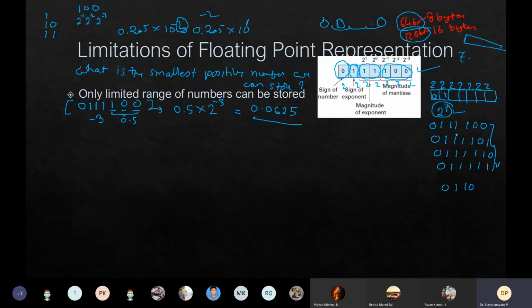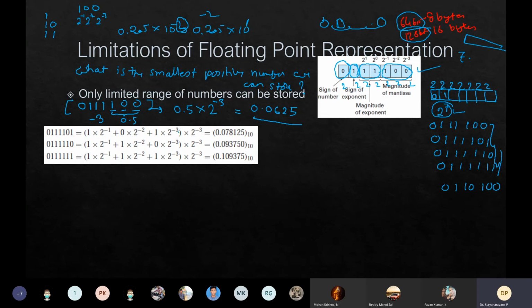We started with the maximum magnitude mantissa, negative sign. Then the next maximum mantissa, negative sign. And again, we reset the mantissa to the least possible mantissa. And again, the same cycle repeats. You'll see that for each of those cases. I told you the next number is going to be this; this is the first number. The next number is going to be this. And if you do the calculation like I have done, that number is this. And the number after that is this, and that number is this. The number after that is this, and that number is this.